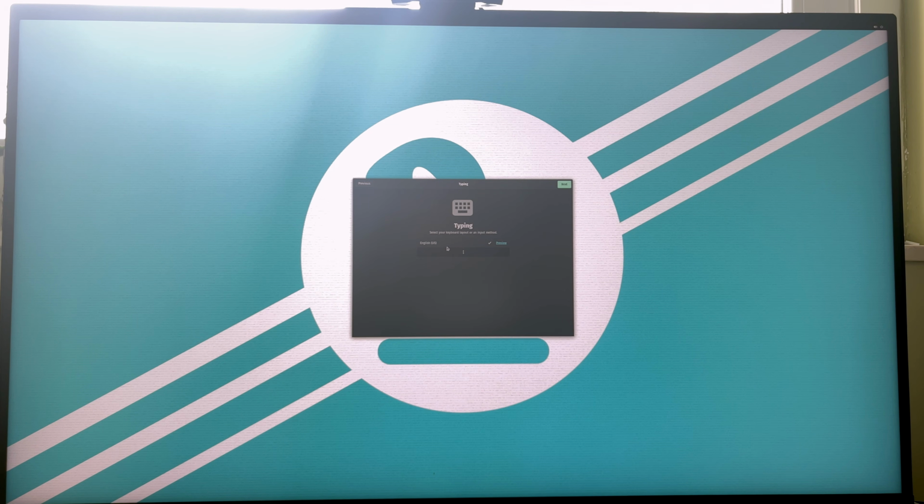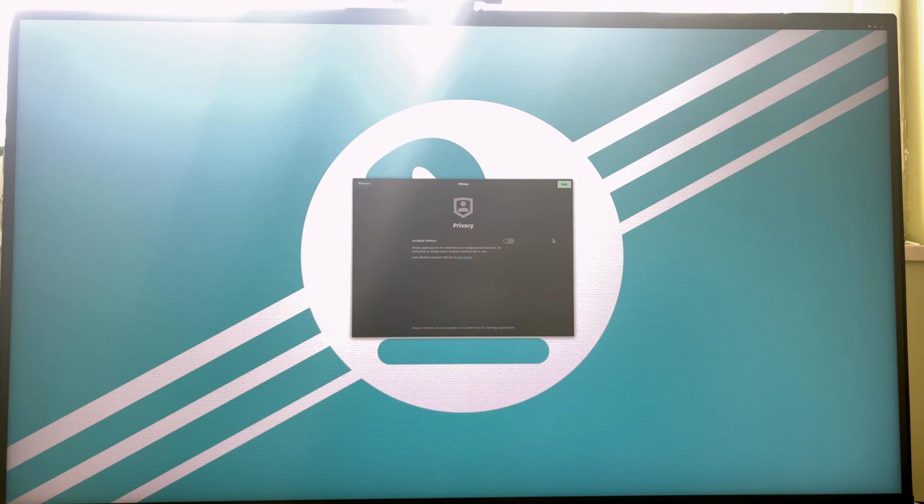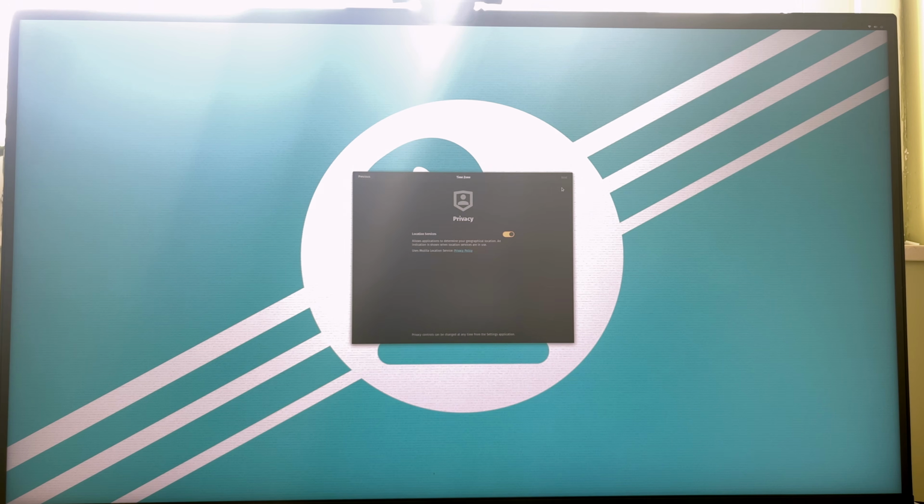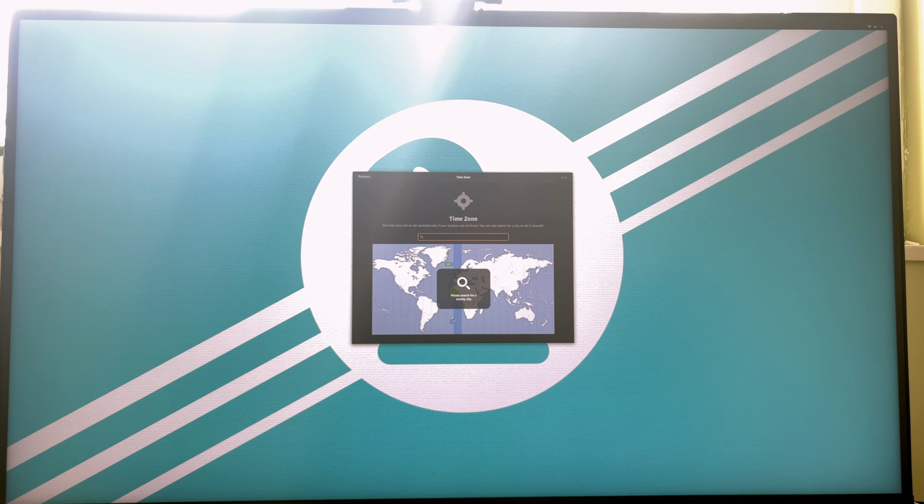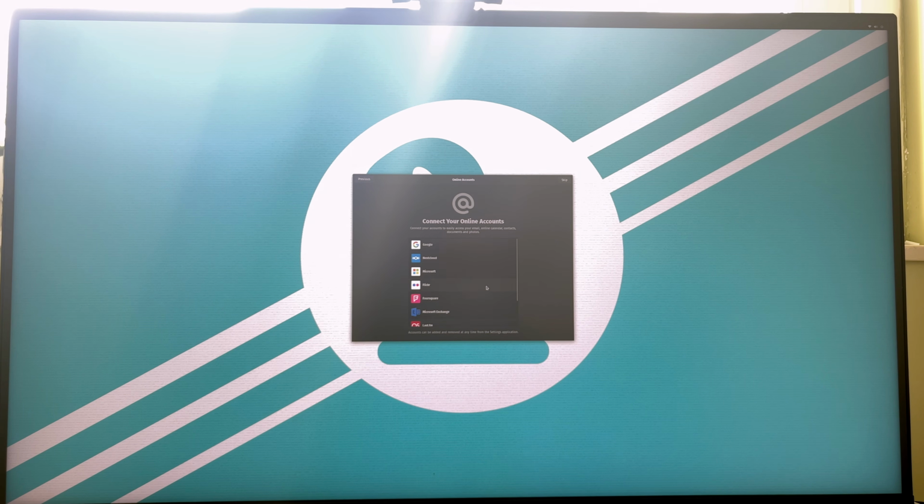So we choose our keyboard layout. Next, I'm asked to connect to my Wi-Fi network, which I'm gonna do now. And we can choose some privacy settings. I'm gonna leave location services enabled, why not? And I'll choose my time zone. And from here we can connect our online accounts just like we can on proper Pop!_OS. I'm gonna skip it for the purposes of this demo, and you can always do this later from the